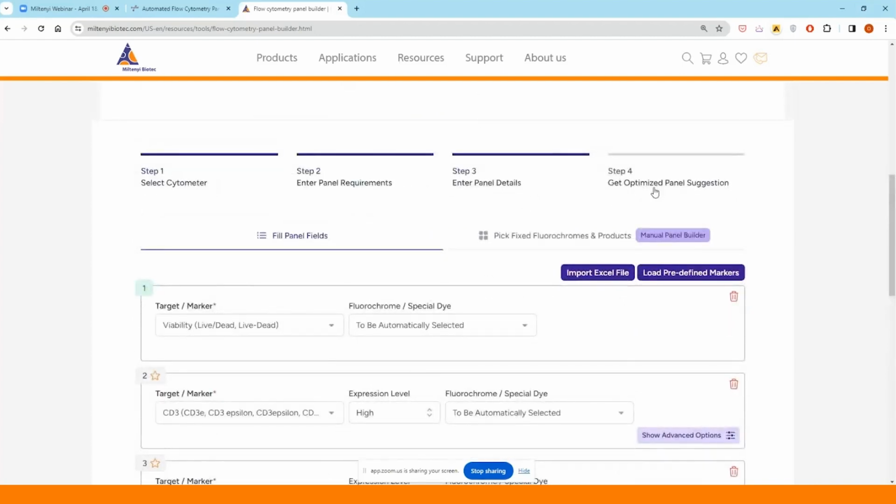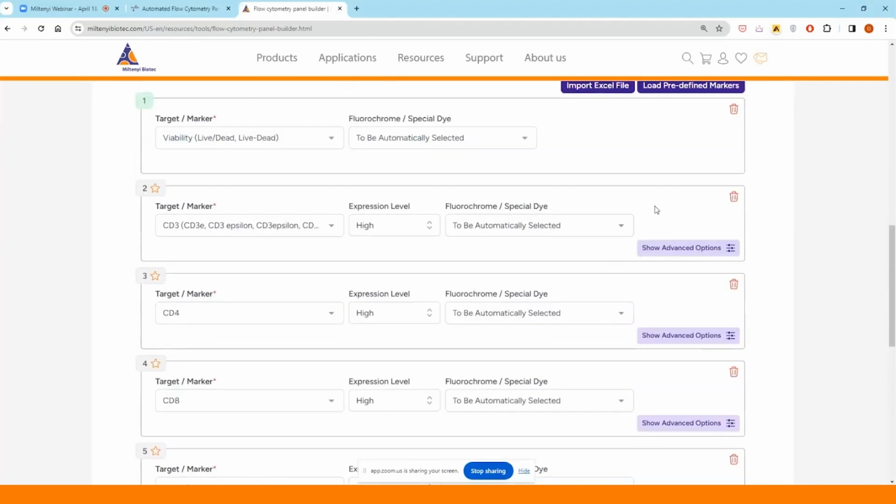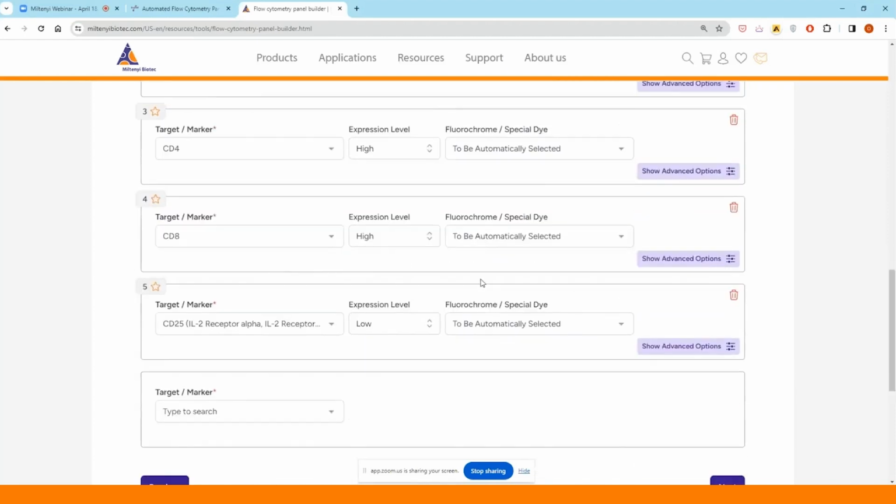But a common question that we get is, is EasyPanel a panel design tool from scratch? Meaning if we don't have any panel. You'd be surprised to hear that actually 80 or 85% of the usage of this tool is by users who already have their panels. So if you have already your panel that you currently use and you currently run,